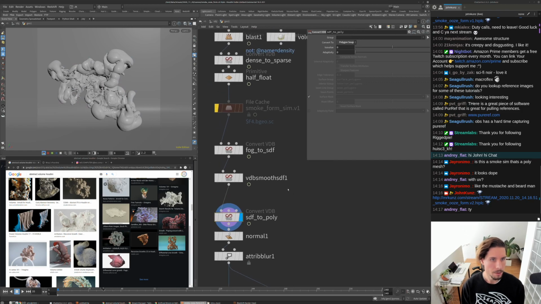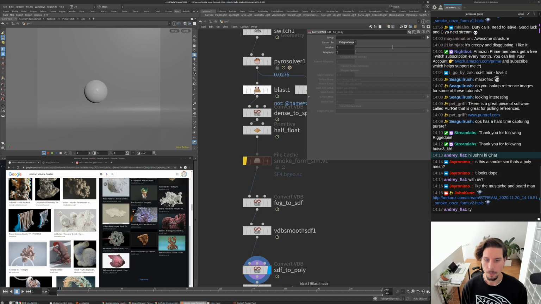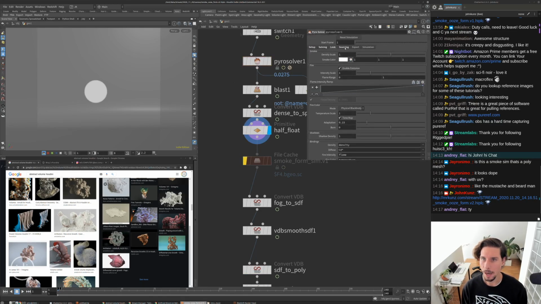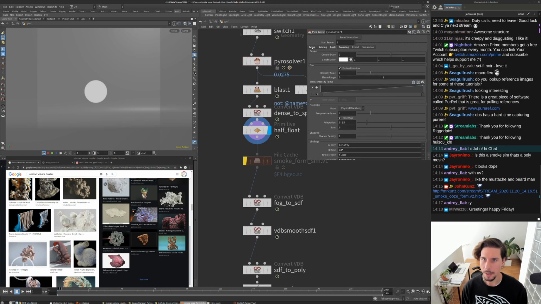I don't know if it's not enough detail. Like if we could add some viscosity if we wanted to blur out this, or if you want a little bit more detail in stuff, you just take the turbulence and add like